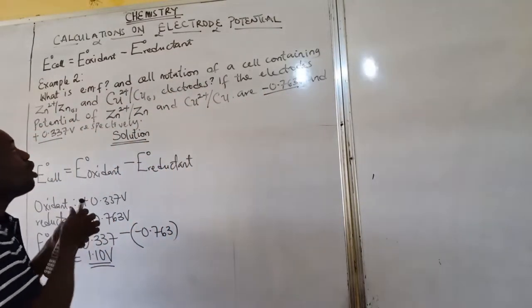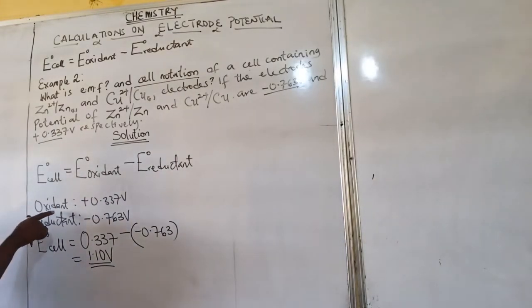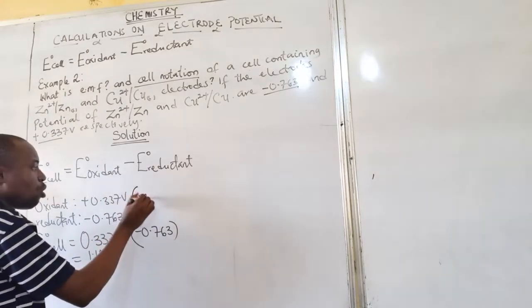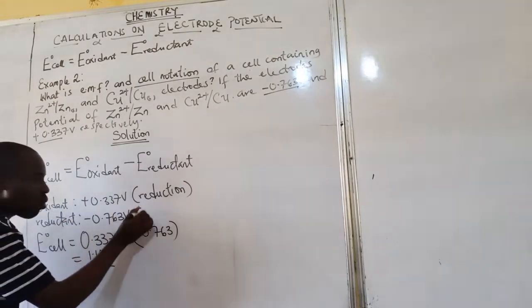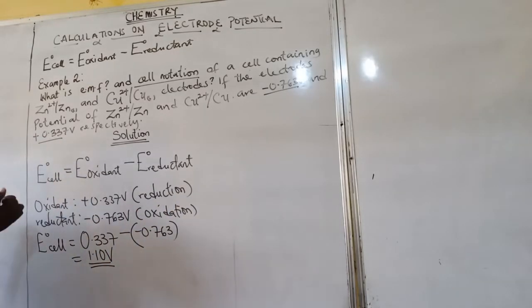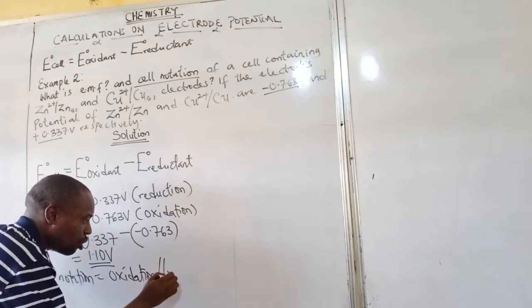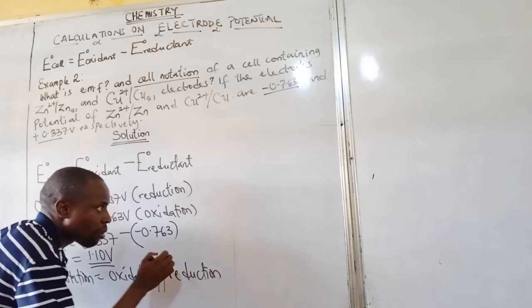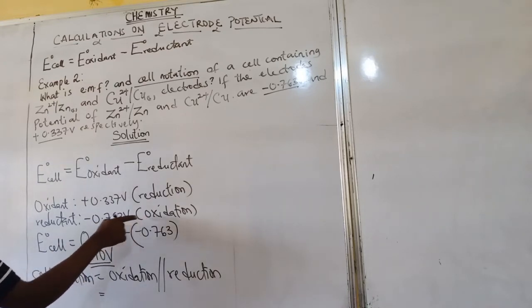Now, to know the cell notation is very, very simple. How? You are aware that for a thing to undergo oxidant, it means that this one is reduction. And for a thing to undergo reductant, it means that this one is what now? Oxidation. So it simply means that the cell notation is equal to oxidation slash the reduction, and as such here now becomes, for the oxidation here, so is this one, and which is that of